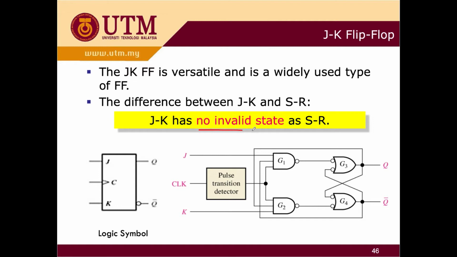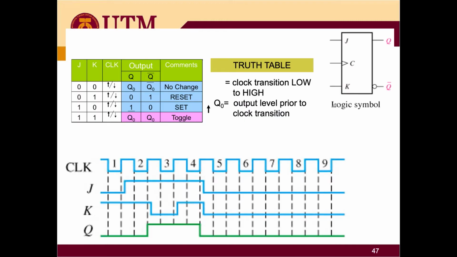JK has no invalid state as in SR. So SR from your lectures, for your flip-flop, you can see there is an invalid output, isn't it? Or invalid states. But for JK there is no such thing, and all the outputs will be obtained depending on your input. So all the input variables will get the output. So over here, this is the truth table. Please remember it. You can see this is the meaning of